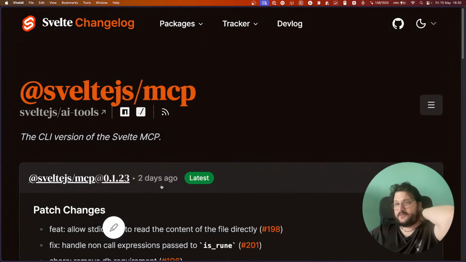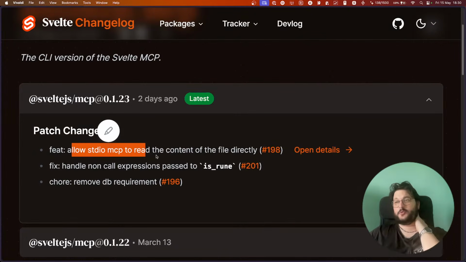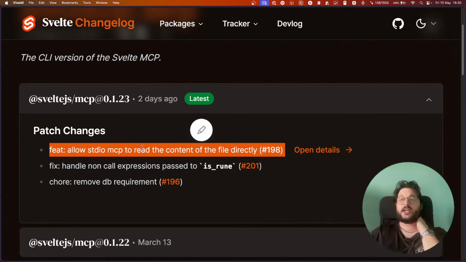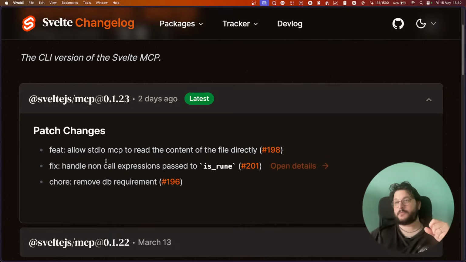We have a new release of the Svelte MCP, which allows stdio MCP to read the content of the file directly. Now if you are using the Svelte MCP as stdio, instead of the agent having to write the whole file once again to validate it, it can just point at the file and say, please read this file.